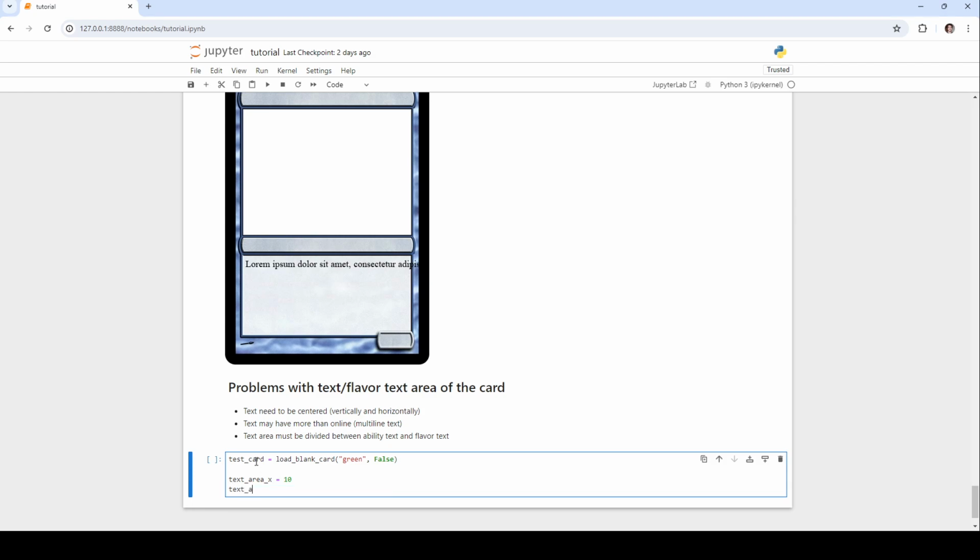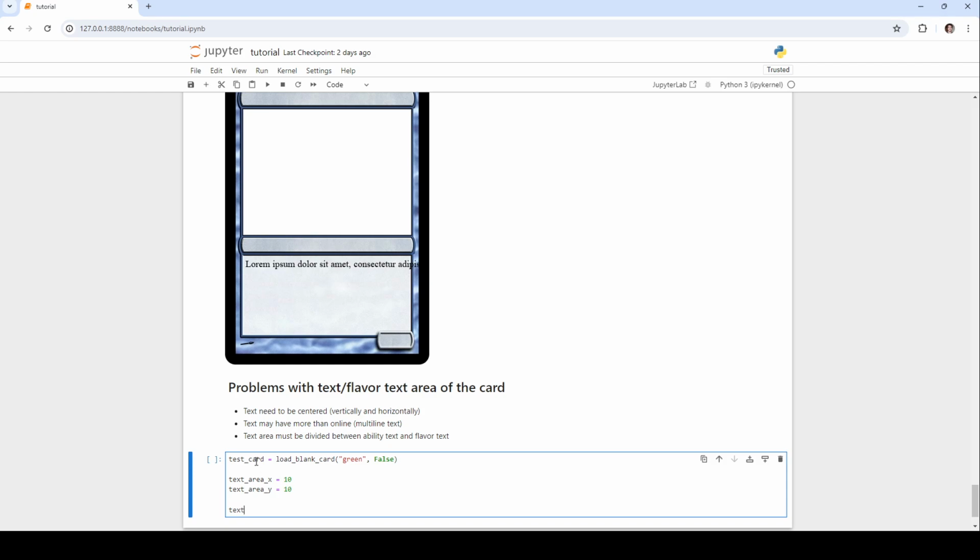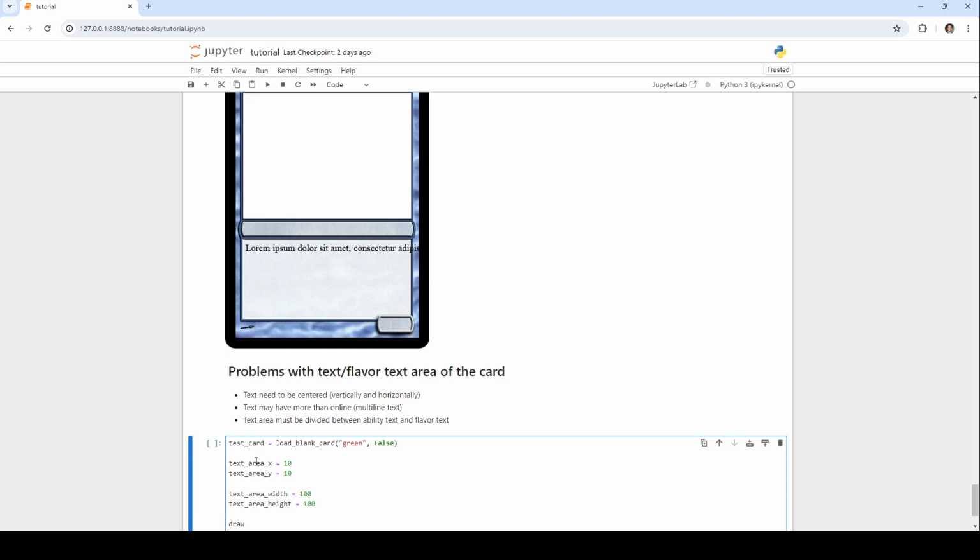Text area, let's place it 10 also. The text area width, let's put it 100. Text area height, 100. And then we do draw rectangle, and then